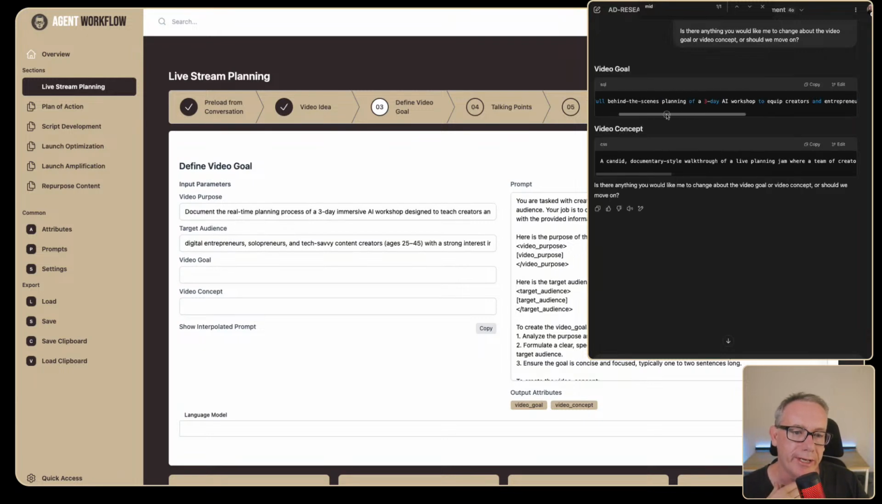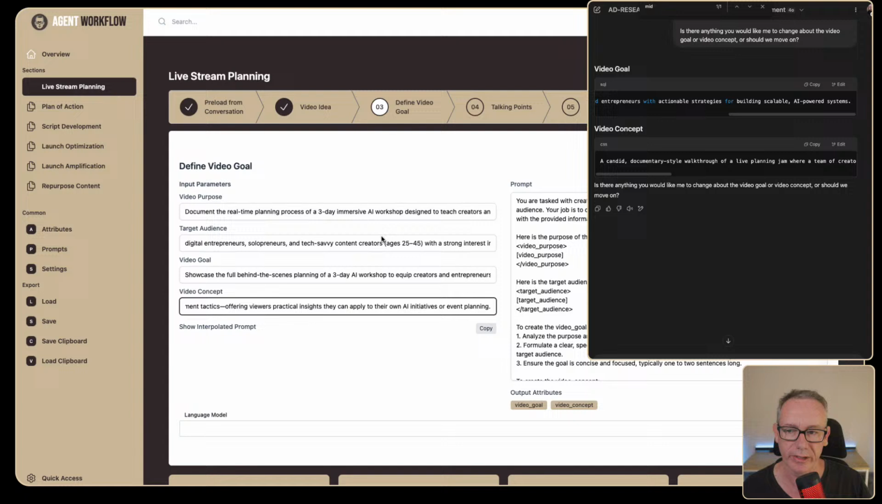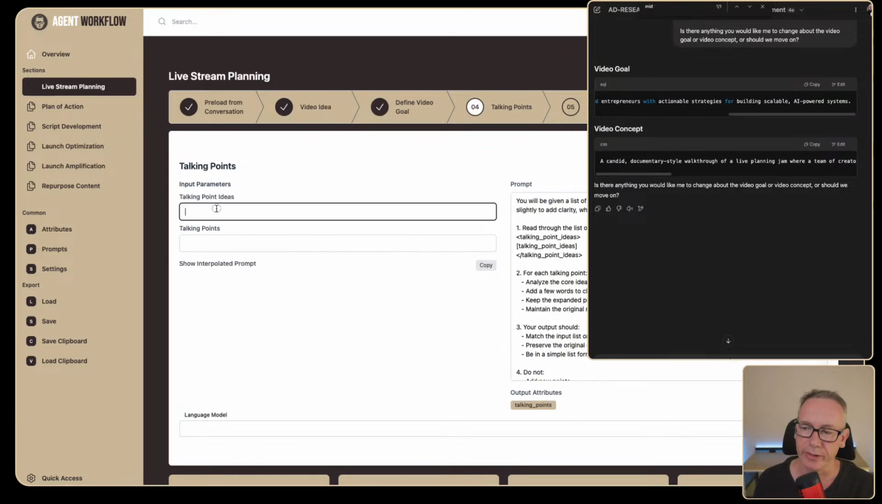Showcase the behind the scenes of planning a 3-day workshop to equip content creators, entrepreneurs, and okay, let's change this a little bit and say using ChatGPT. Let's not do that. Let's keep that the way it is because we can deal with it in the talking points. So we'll keep the information, move over to our talking points and say,